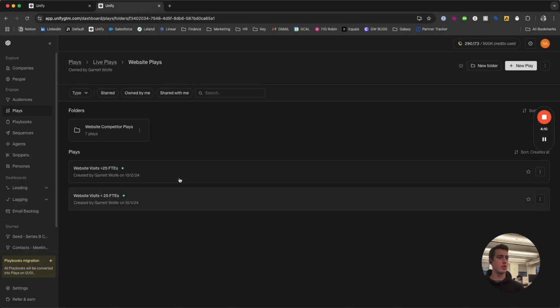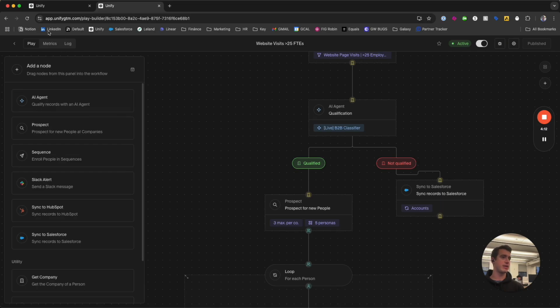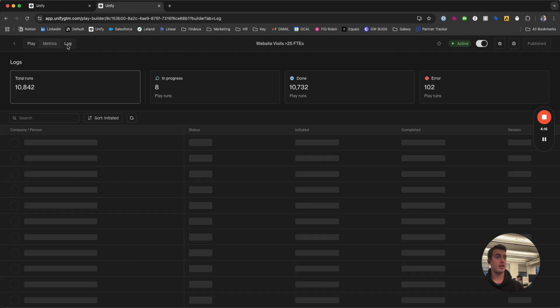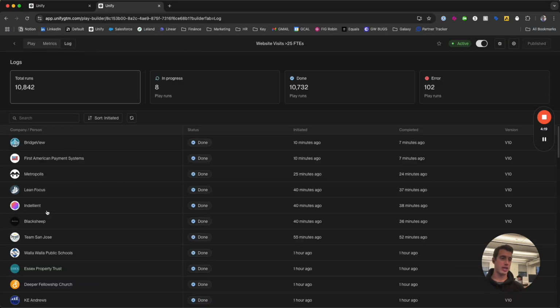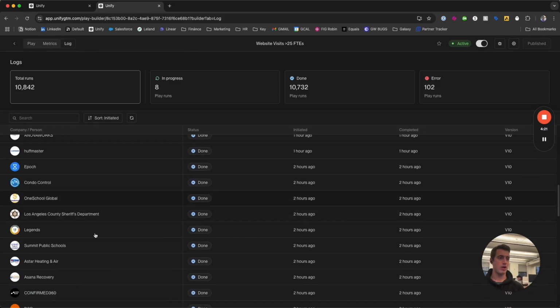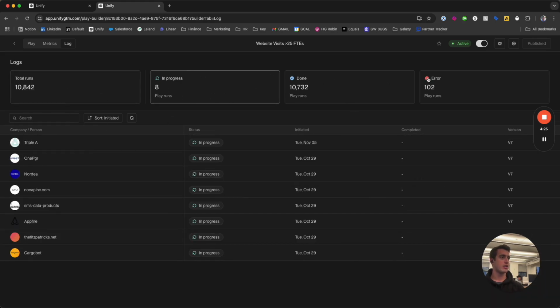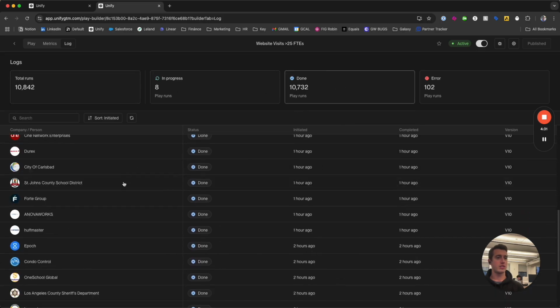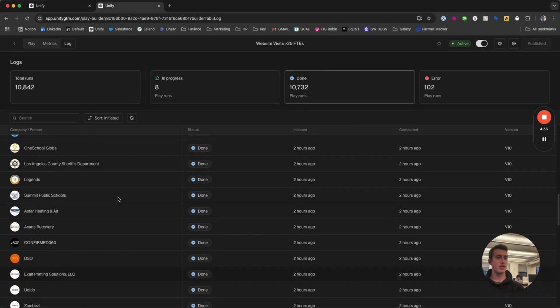Now what's cool is when you launch a play successfully, you can actually begin to see logs for what happened during each run of that play, as we've discussed before. When you click into any individual one of these, you can see how many runs have occurred, the ones that are in progress, any errors that have occurred, and as well, you can also see the ones that have finished. And so if we look at the ones that have finished and we go down and click on a few,